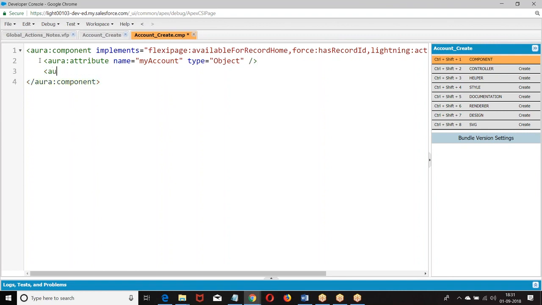We can make it object or we can make it... then we are going to create force record ID.